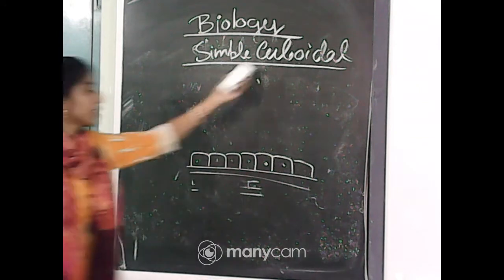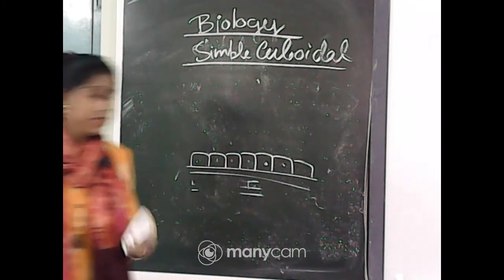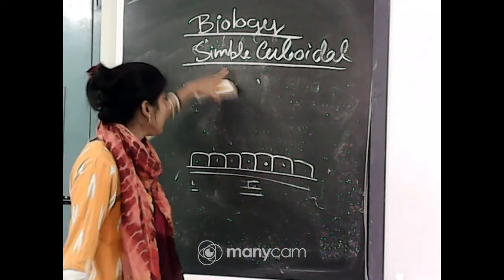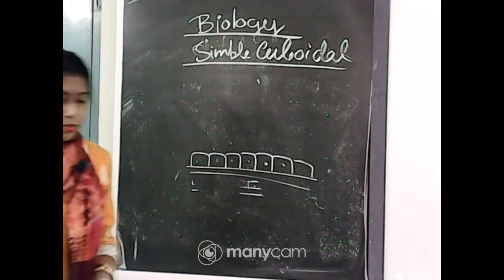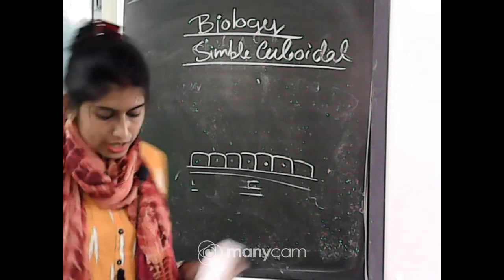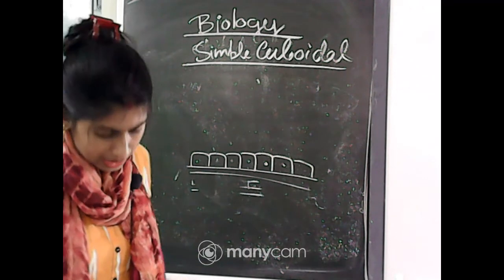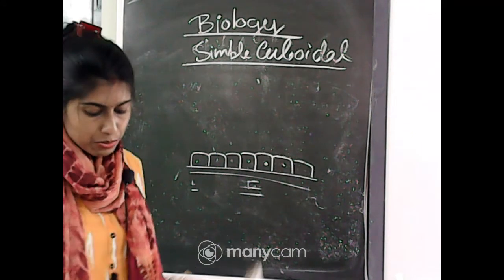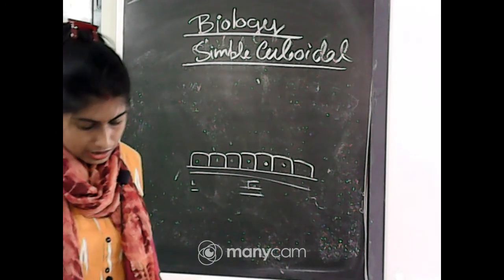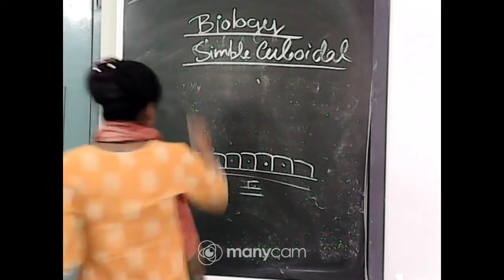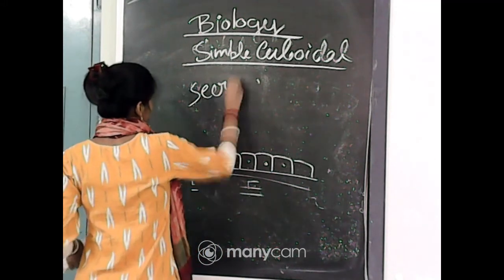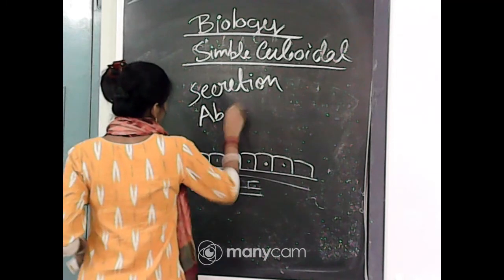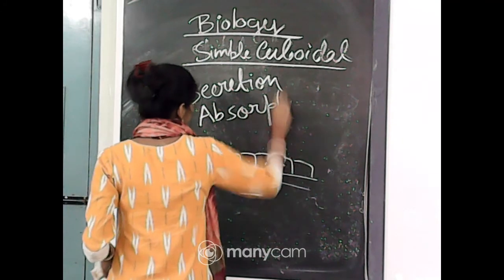As their name suggests, it is cuboidal, and the cells of this tissue are a single layer because it is simple cuboidal, and the shape of the cells is cube-like. That's why we call it cuboidal epithelial tissue. It can be found in the ducts of glands and the tubular parts of the nephron and kidney, and its main function is secretion and absorption.